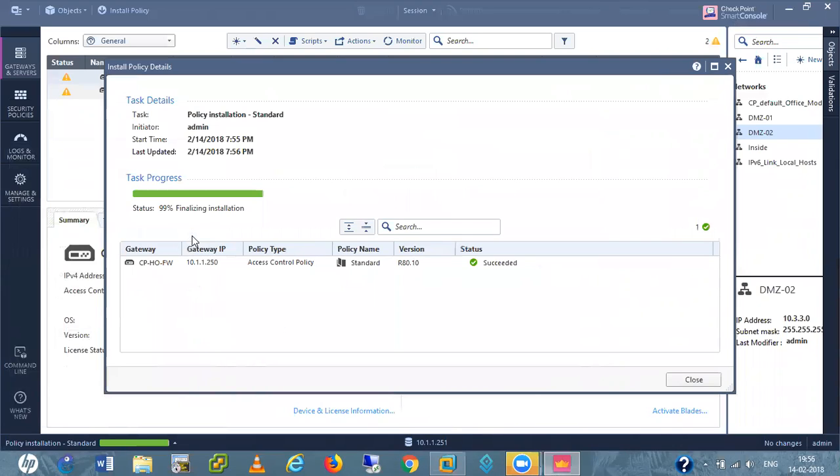It is succeeded, remaining the verification only. It is finalizing.